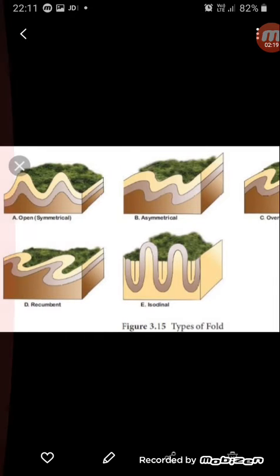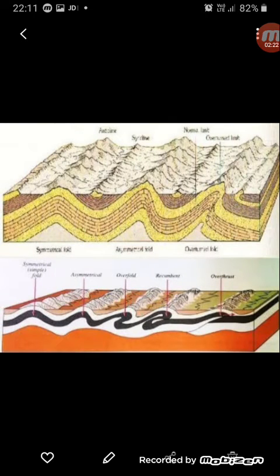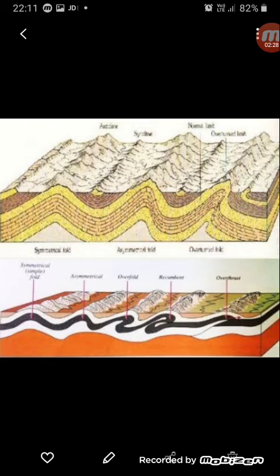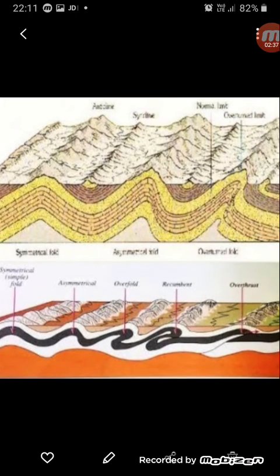Now, we say that there are a few characteristics of these fold mountains. So what are the characteristics? Here in this picture we can see the fold mountain ranges which have been formed. The up folds, or crest of the fold, is called the anticline. So the crest of the fold, that is the top of the fold, is called the anticline, which acts as the summit of the mountains. The down folds in between two adjacent anticlines are called a syncline. That means the valley in between two mountain tops is called the syncline.